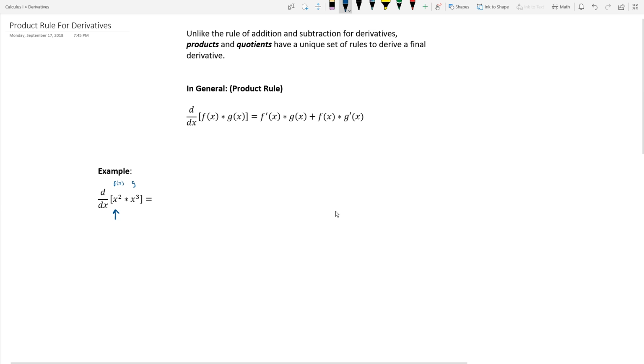And then the other one we'll call our g of x. So we find the derivative of our first function multiplied by just g of x, meaning that we multiply that by x to the third, plus